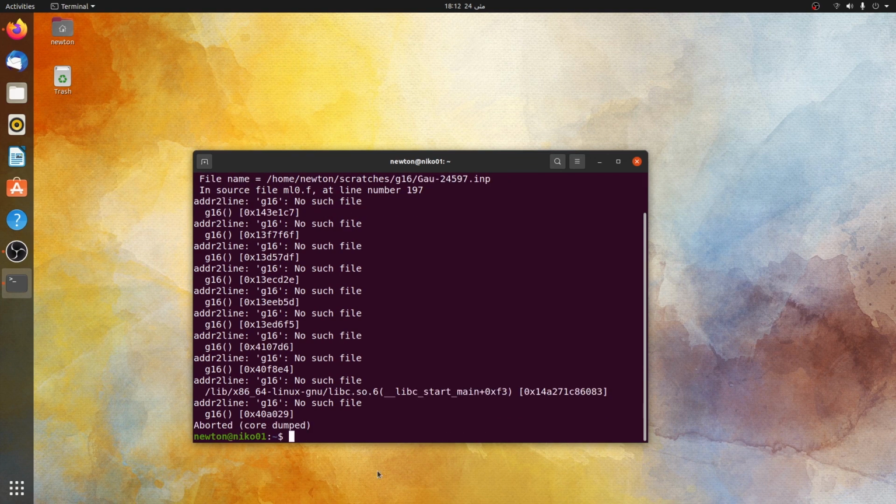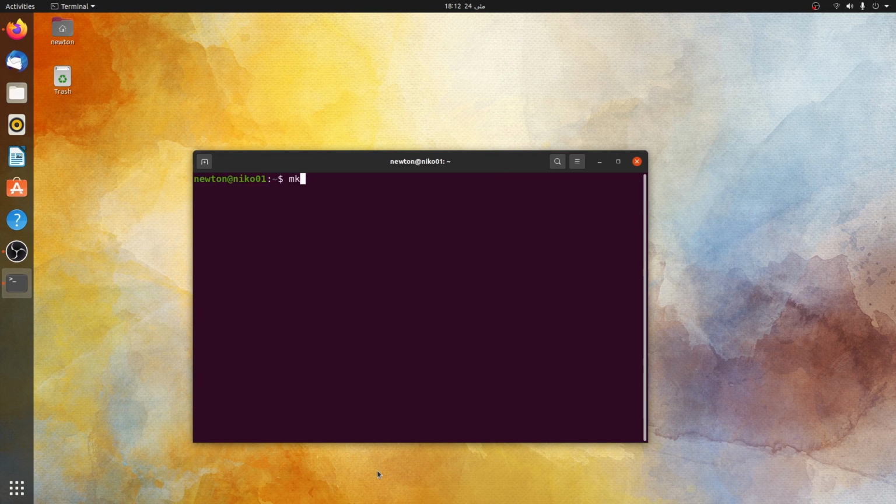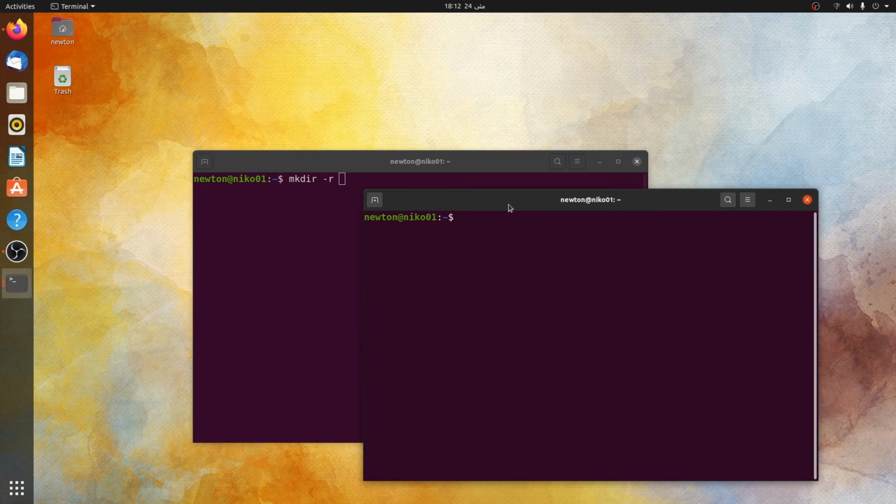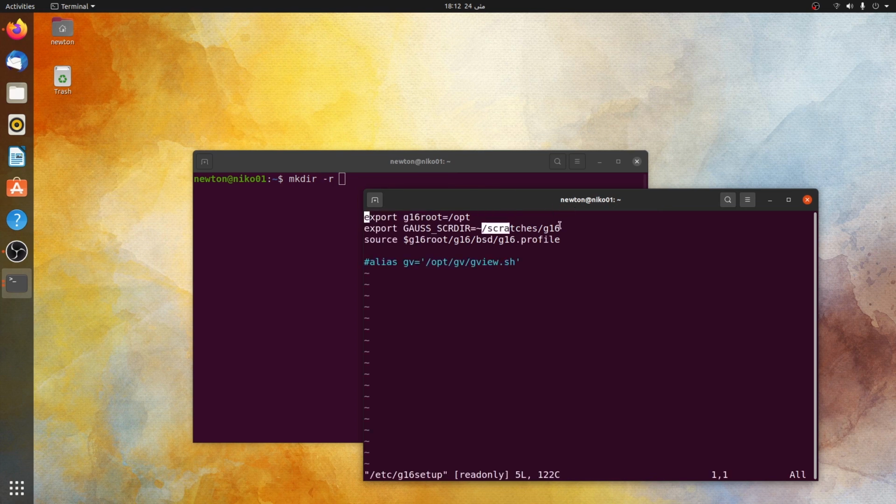but the only thing that I missed to do is that I also must create a scratch folder. So let's do it by the mkdir command with -p, and if you forget where the address of the scratch folder is, you can find it in the G16 setup file: vi /etc/G16 setup. It's the address of the scratch folder, and you can copy it